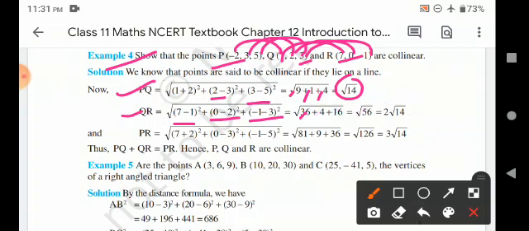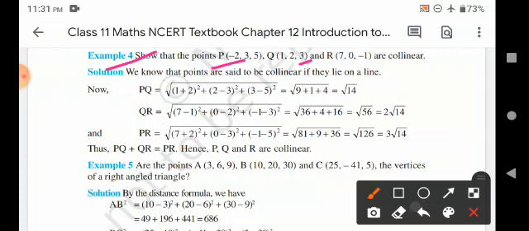Now also, let me find the distance between the two more line joining points, which is nothing but PR. The distance between PR is given by the distance formula. 7 minus of minus 2 plus 2 the whole square, 0 minus 3 the whole square, and minus 1 minus 5 the whole square. That gives 9 square will be 81, 0 minus 3 the whole square will be 9, and minus 1 minus 5 the whole square is 36, which gives root of 126, which is nothing but 3 root 14.